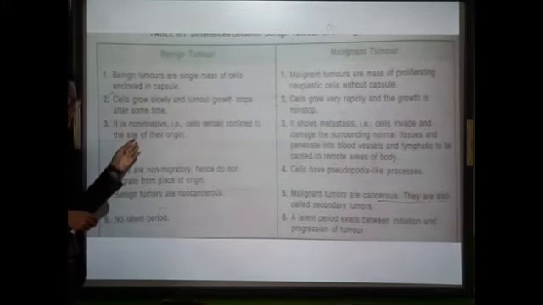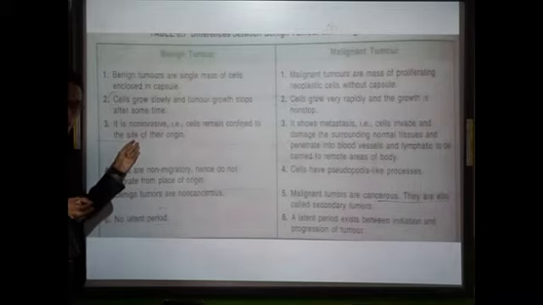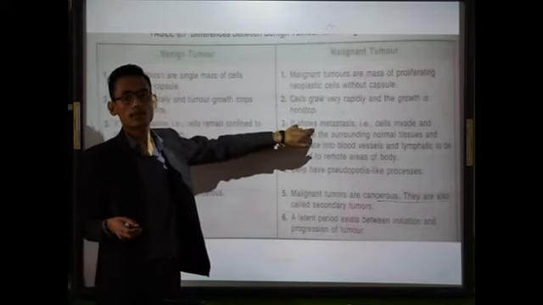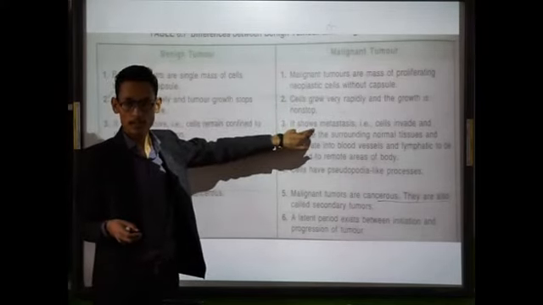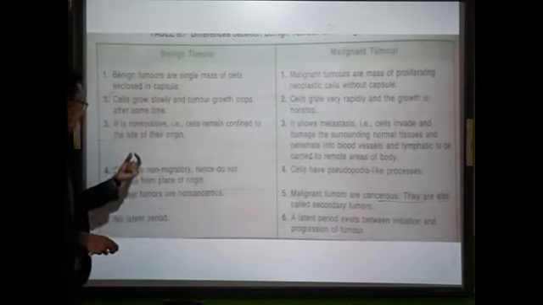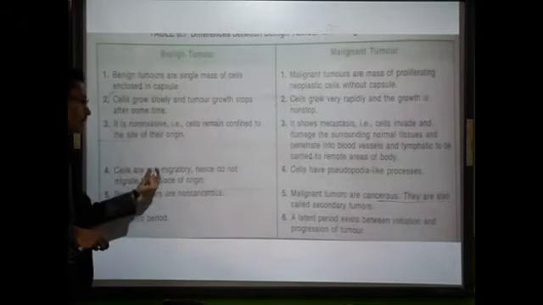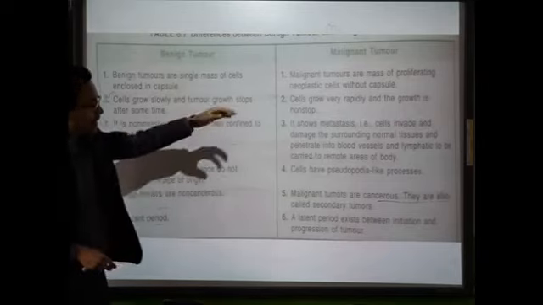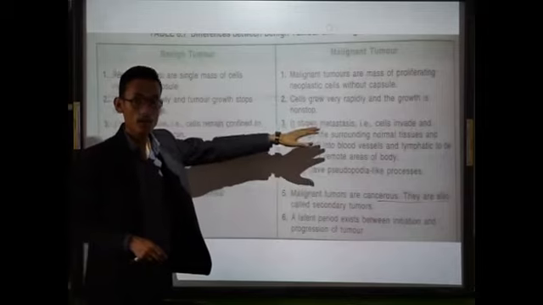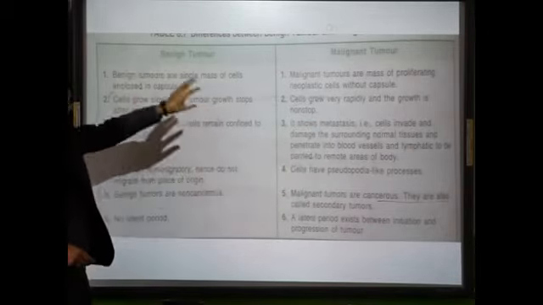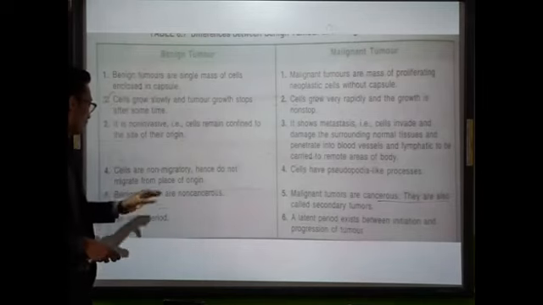A benign tumor is not invasive, that means it is confined to a fixed position. It will not invade the surrounding tissues or cells. But a malignant tumor shows the property of metastasis. It is highly invasive. It can infect the surrounding cells and surrounding tissue. Benign tumor cells are non-migratory, so they do not migrate from the place of origin, but malignant cells can move from one part of the body to another part. They have pseudopodial-like processes by which they are able to infect the surrounding cells.